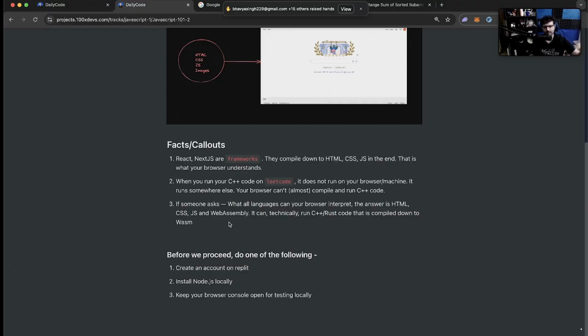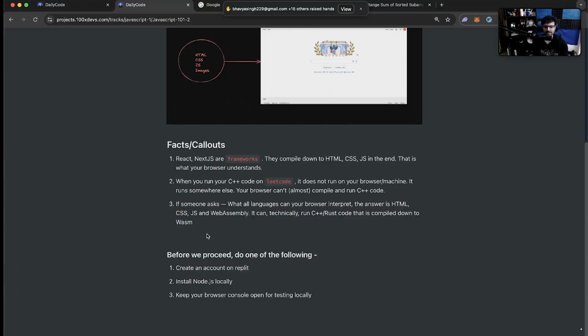Now, what is a thread? I'm going a little high level. I'm just saying a lot of times some expensive operations, for example, downloading a video or cutting the background if you're on a Zoom call, are done. That code is written in a different language. That code is written in C, C++. Your browser can run it through WebAssembly, but I would say 99% of websites are purely running HTML, CSS and JavaScript code.